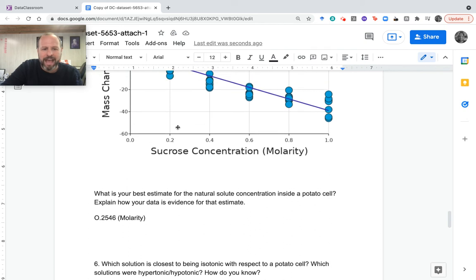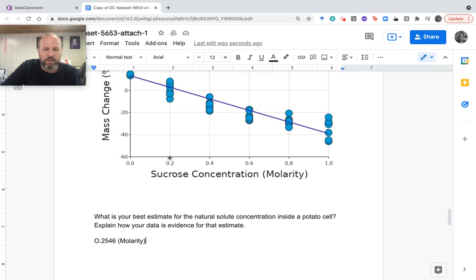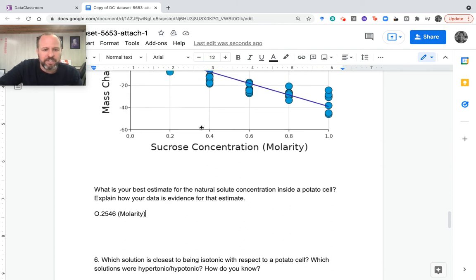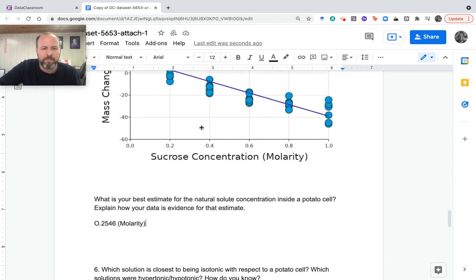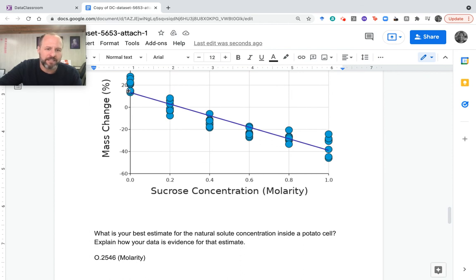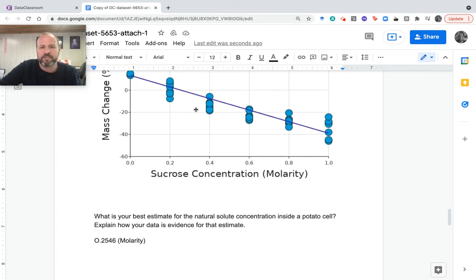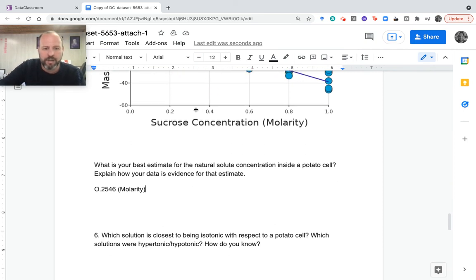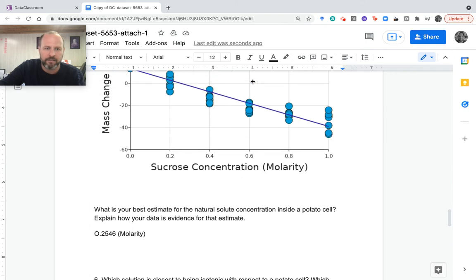And which solution is closest to being isotonic with respect to a potato cell? That is the 0.2 sucrose concentration. It's very close to that 0.2546. That is isotonic. And then which solutions were hypertonic, which were hypotonic? The hypotonic solution was the 0.0, the pure water. And we know that because the cell gained mass, it gained water. And all of the others, the 0.4, the 0.6, the 0.8, the 1.0, those were hypertonic and caused the cells